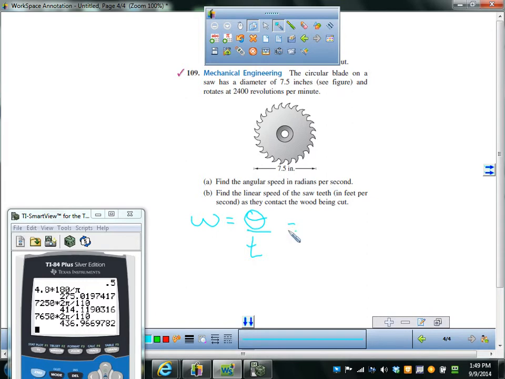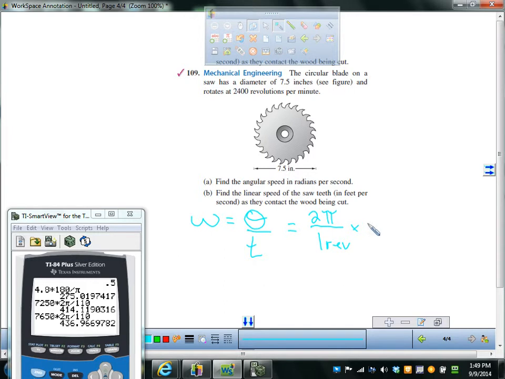Well, we know that it's doing 2 pi radians every revolution. So theta is going to be 2 pi radians per 1 revolution,